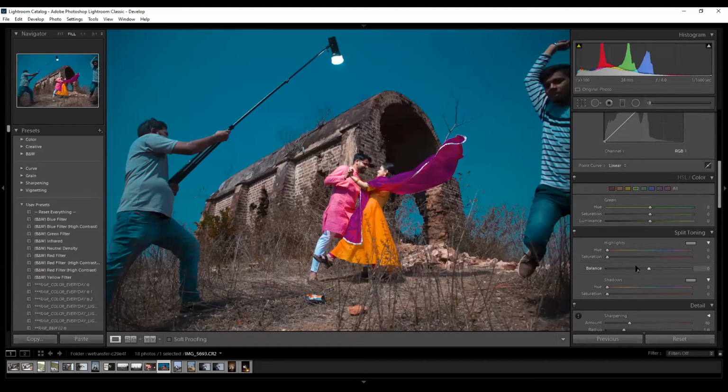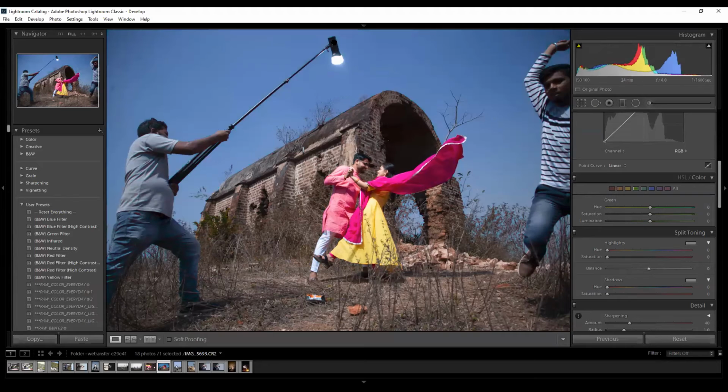So, got the point? What does the HSL color palette do? Clear about it? It affects the hue, saturation and luminance of the individual color that we have picked. Basically, it does that only. Any doubts, any questions you have, up till now, whatever we have explained or talked about? Okay. Sorry, let's move ahead.